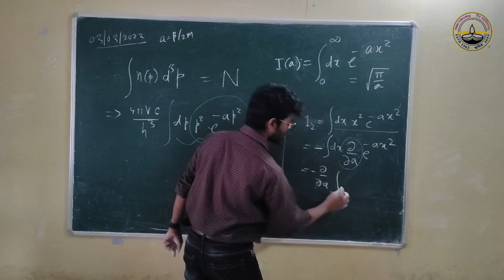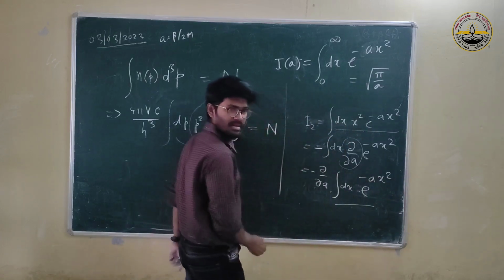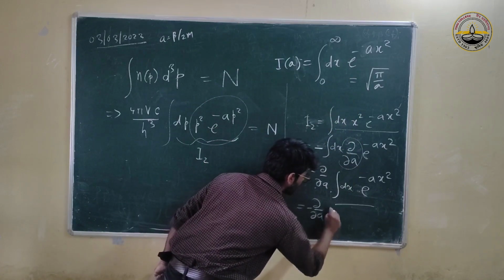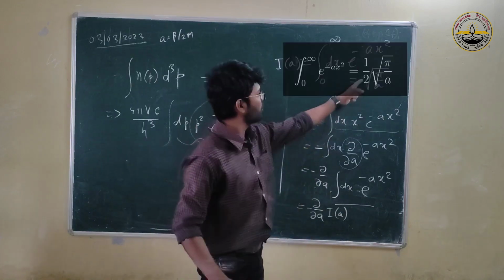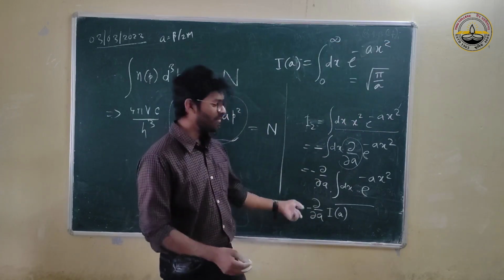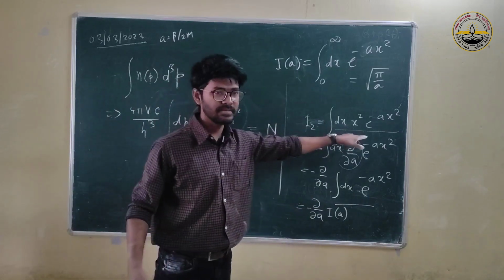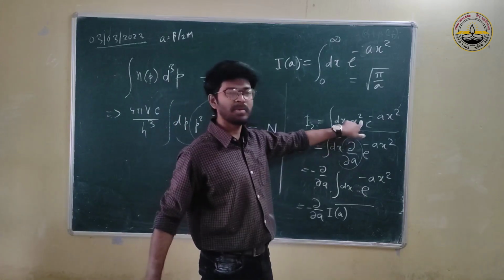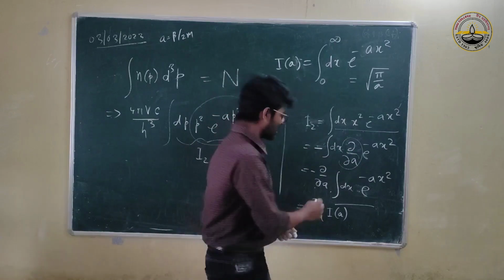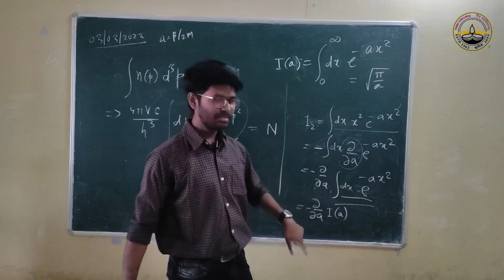del A. Then all we have is this integration. And this is what? This integration, right? So this is minus del A of just I of A, or del A of square root of pi over A. Then in the end, whatever you have, put the value of A, this beta over 2m, and that will be the result of this integration. You can do this trick. So if you have x to the 4 here, what you do is take twice del square del A square, put it outside, you again have this integral, just you have to differentiate twice, and in the end put the value of A,